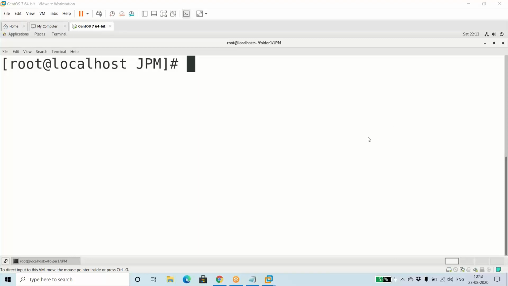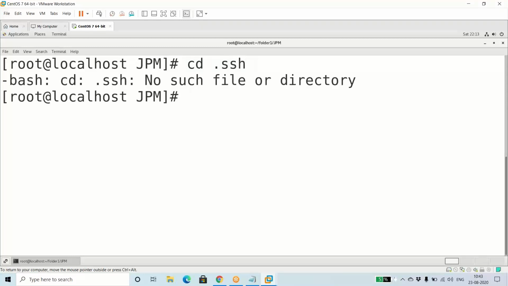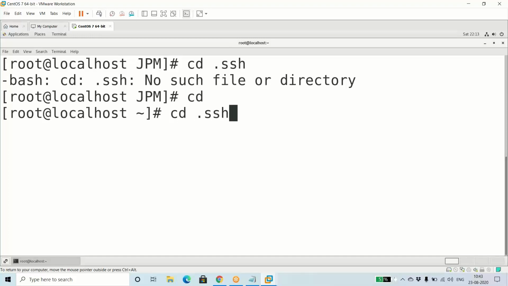You showed that SSH key part, right? While installing, we need to do that to push, correct? Yes, you need to do that. Yeah, it's a simple command, ssh-keygen. Once you've done that, just give a command called cd .ssh. It will show you the files.